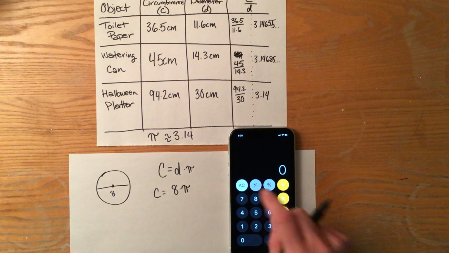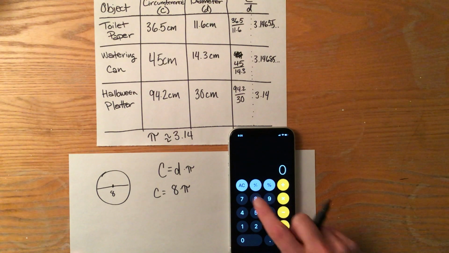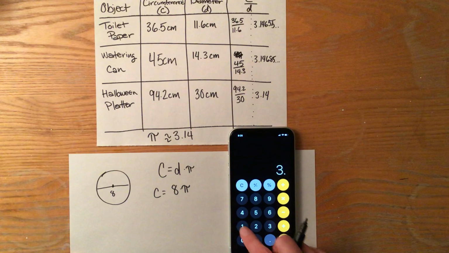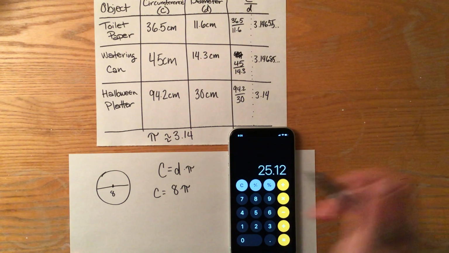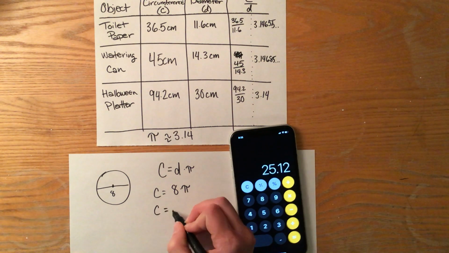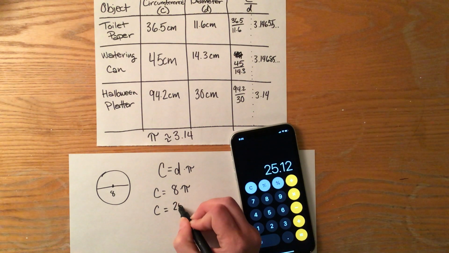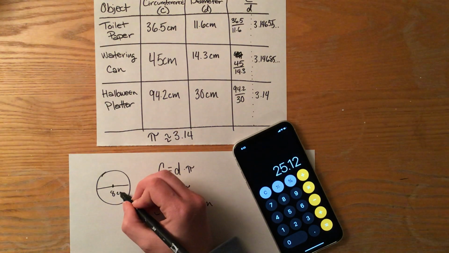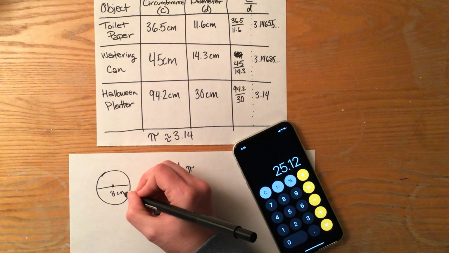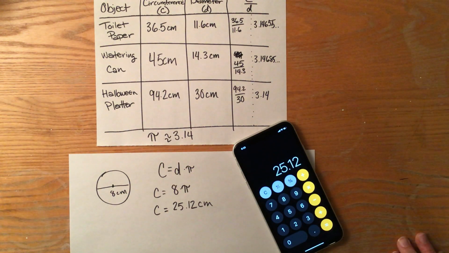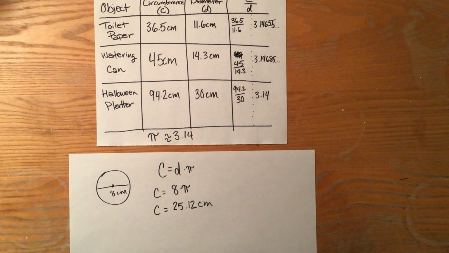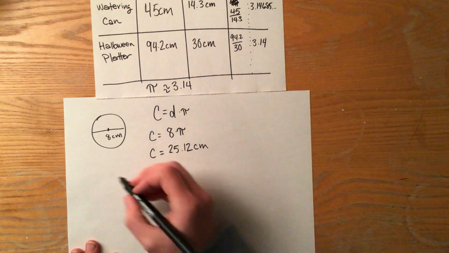So if you did that properly, I want you to try it yourself, and I'll also do it. 8 times 3.14, we get approximately the circumference of this circle is 25.12, and let's say centimeters. Let's say we're using centimeters like we did this whole time so far. All right, so I'm going to give you 2 questions in addition, and then we're going to move on to something a little bit different. How about I give you